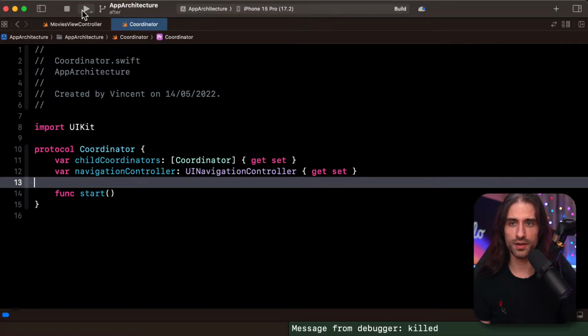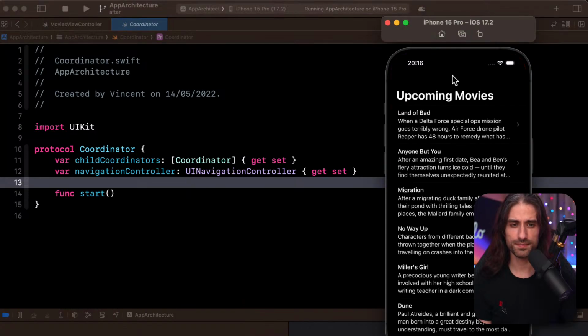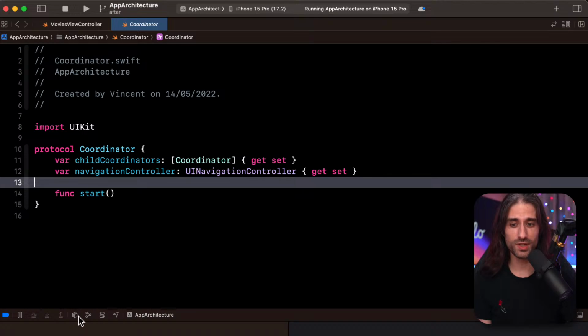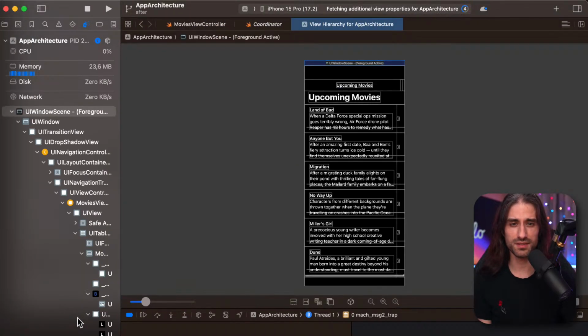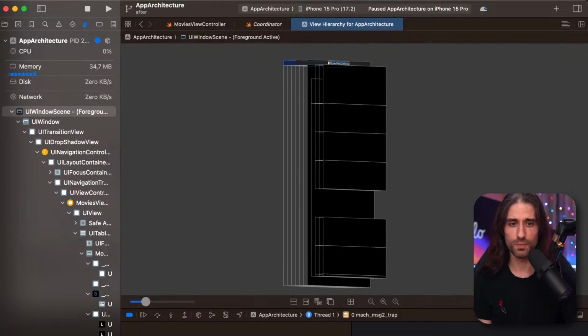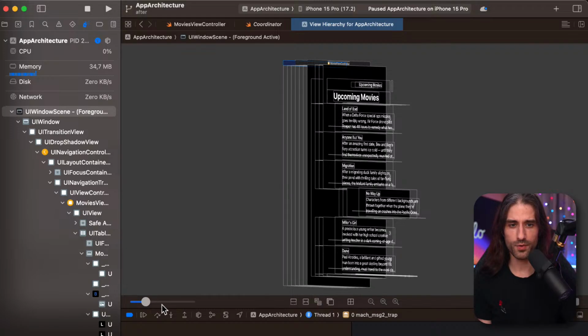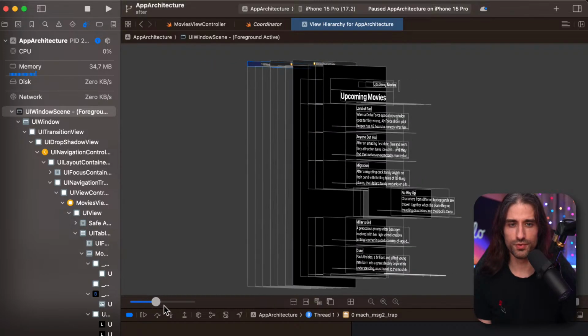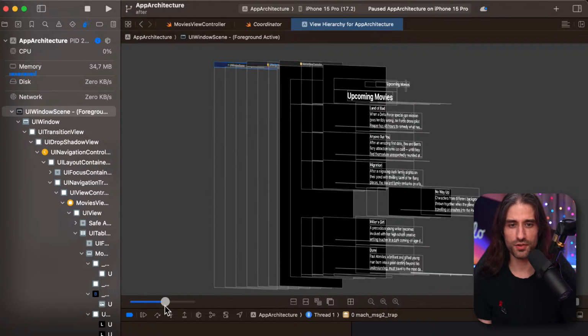For this, I'm going to run my app in the simulator. It's my app that interacts with the movie API, and it's the app we built in the live stream from almost 2 years ago on how to have a good architecture for a UIKit project. Now I'm going to click on this button to capture the view interface. When we move it, we have this cursor to isolate and only show part of the view hierarchy. We have this thing to move the 3D view, to control how far apart each view is.